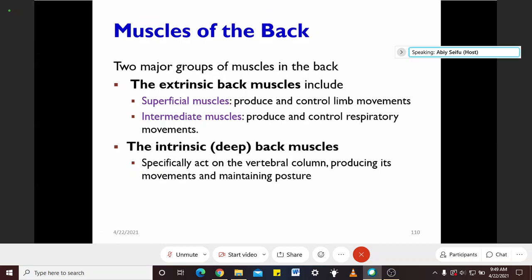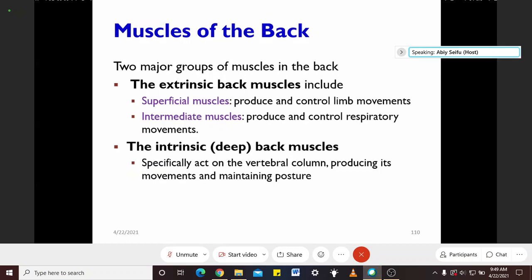muscles, they are 5 in number and they act on the upper limbs. They control and create movement of the upper limb. Whereas the intermediate muscles are small muscles, 2 in number, and they are called respiratory muscles. Whereas the deep one, which is called the intrinsic one, those muscles are